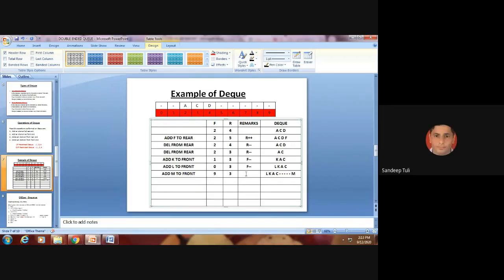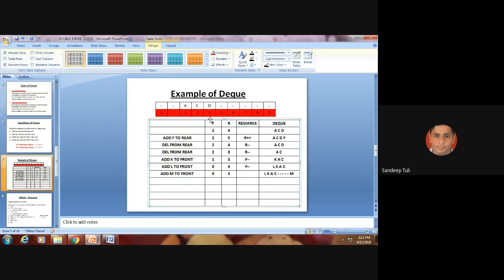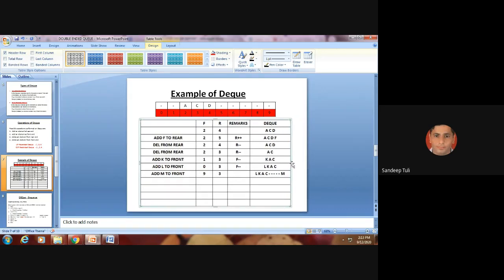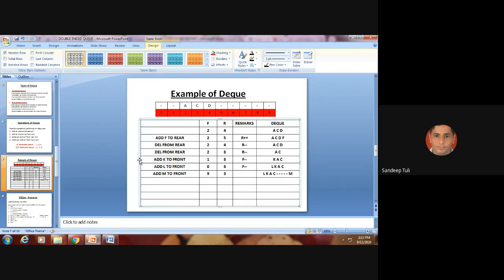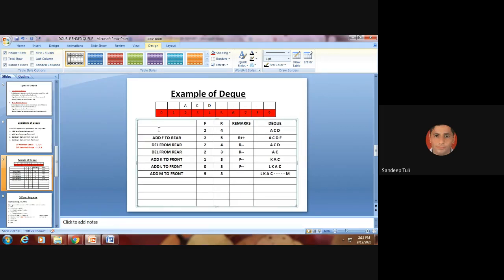Yes, sir. Basically, you were asking how the memory is being used over there. Memory utilization did not happen, so that is what I want to convey again: here we are using the memory. In this way you can utilize the memory. Right now I have some vacant spaces at the end, so can we not add the elements at that end? Consider that as a circular way. If I have positions occupied, that is K, and here L, and now I need to add onto the front, where will I go? I will move to the end of this. So here I will add M.